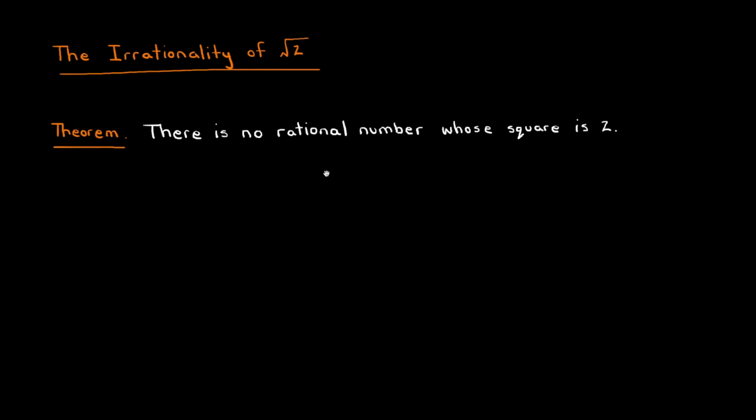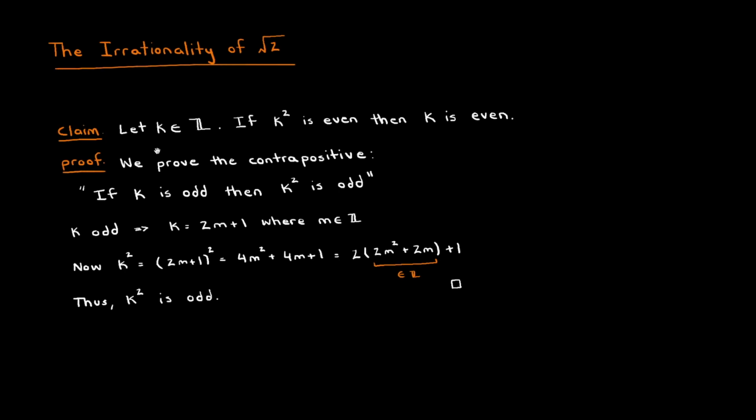Greeks. But before we can prove this result, we will need to prove a basic lemma that we will use in this main proof. Let's prove the following statement. So let k be an integer. If k squared is even, then k must also be even. So this is a very basic result, and the way we are going to prove this is by using the